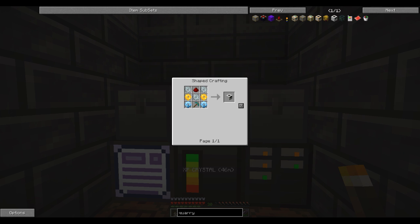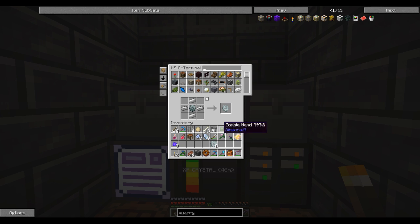Let's look at this. Let's go back. So we need to go ahead and make 7 gears like that, and then we're gonna put these